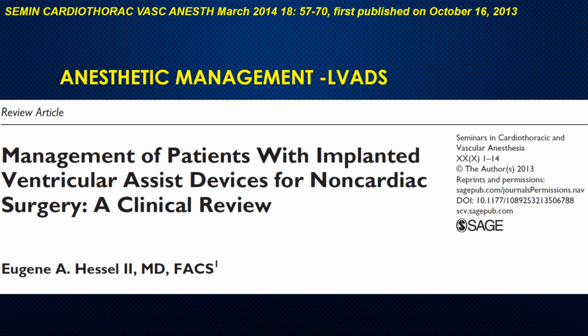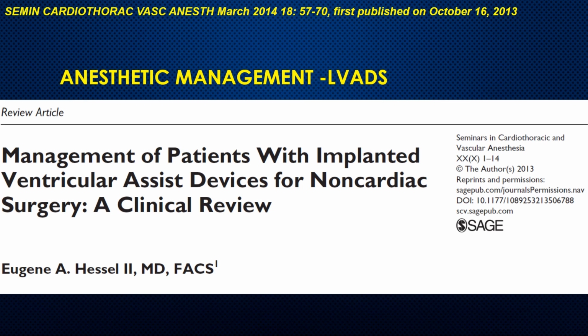All LVADs are not cared for by cardiac anesthesiologists. The increasing number of patients with LVADs means that general anesthesiologists will have to become somewhat familiar with